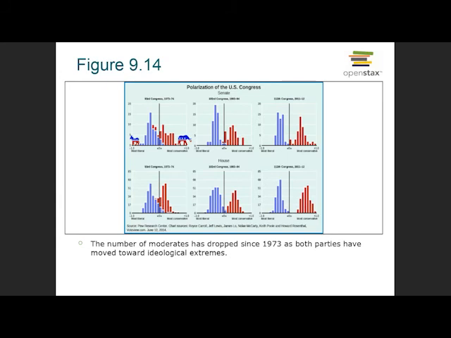So we've got some charts that show us this as it's been going on, how this is actually manifesting itself, and this one is a good one. If you look here, what you're looking at is the U.S. Senate from 1973, 1974. And the center line here is the middle of the electorate. This is where the center of ideology is. The blues are where the Democrats are in office in the Senate, and the reds are where the Republicans are in the Senate.